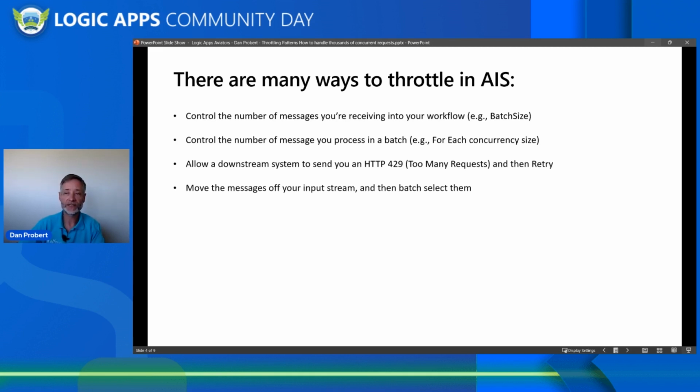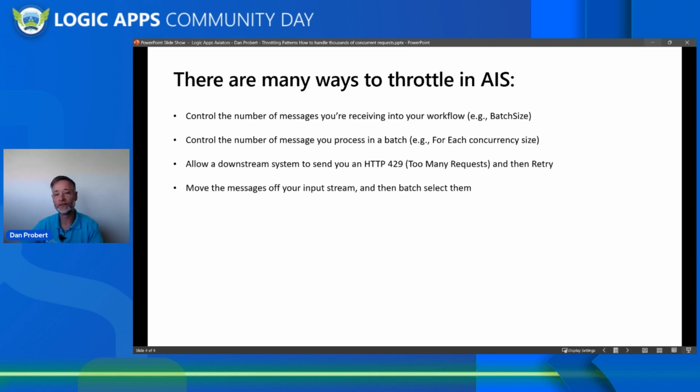There's another thing to talk about, and some of you may have hit this, which is if you are hitting a system downstream and you're sending too many messages, ideally that system should send you back an HTTP 429 status code, which means too many requests. So it's basically saying you've sent me too many requests and I'd like you to retry them. And when the Logic App's execution engine gets a 429, it implements its retry pattern. So if you've got a retry policy turned on, it will automatically start retrying that request in the hope that subsequent requests will succeed. But it does it the certain number of times that you've got in your retry policy